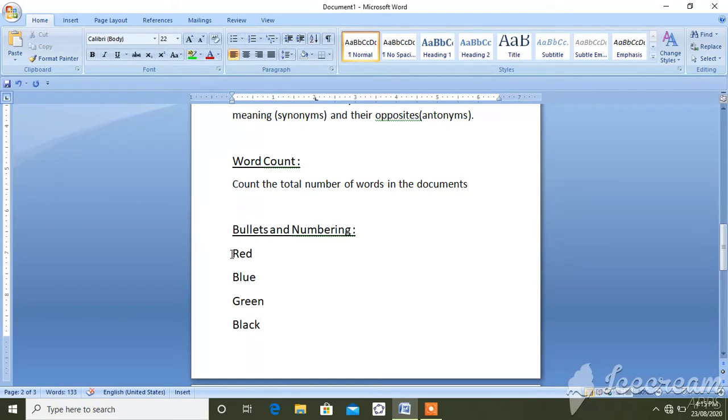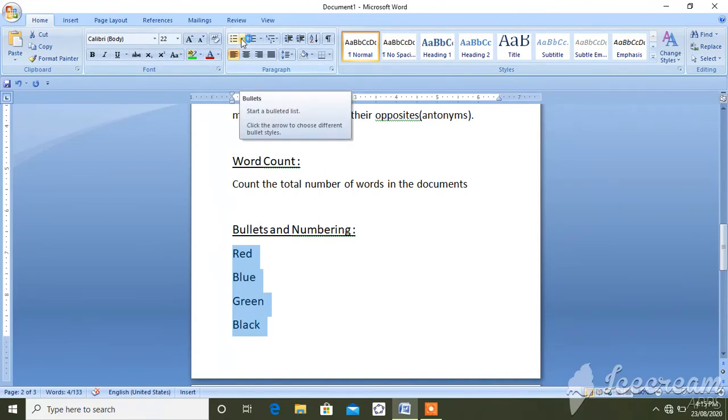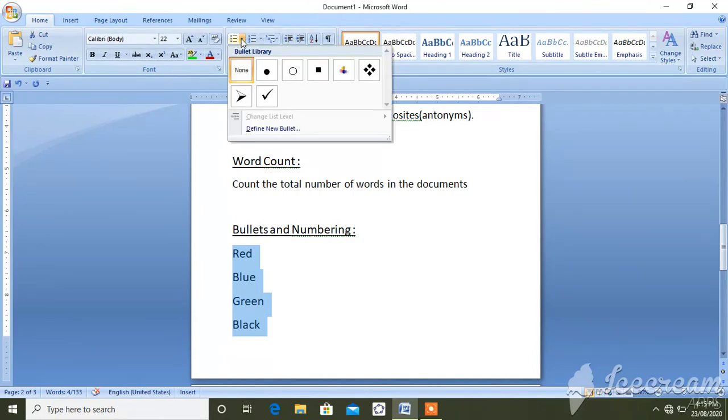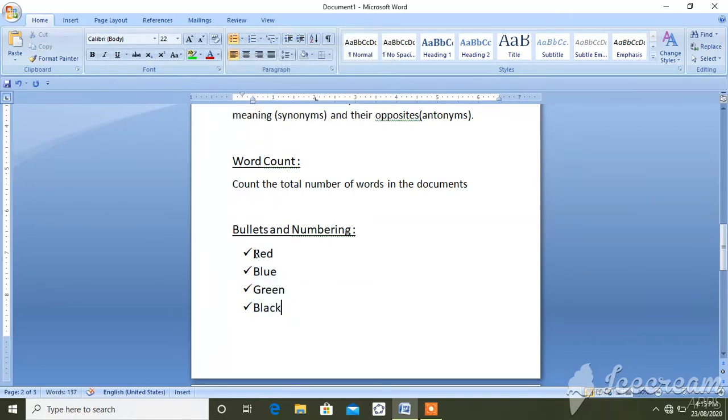So how to do this? Just select the list. Here you can see the bullets. Which one do you want? Circle, arrow, right. Suppose you want the right arrow, click on it. If you want circle, just click on the circle.